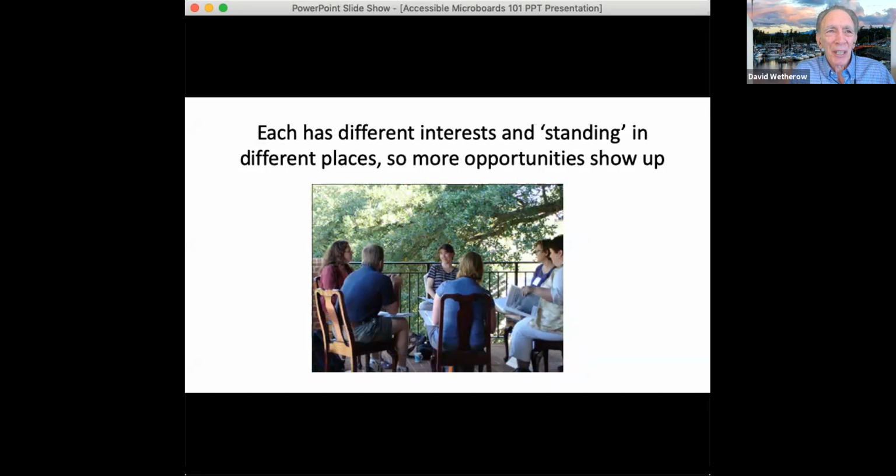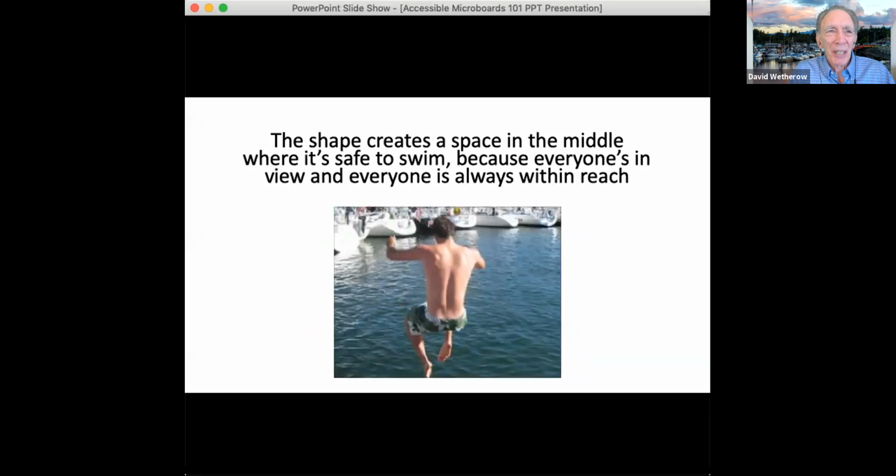Each person has different interests and standing in different places. Al had standing with the person who owned the radio station. So more opportunities show up. And the shape creates a space in the middle where it's safe to swim, because everyone's in view and everyone's also within reach. And thinking about that in terms of the work of a microboard or a circle, if people